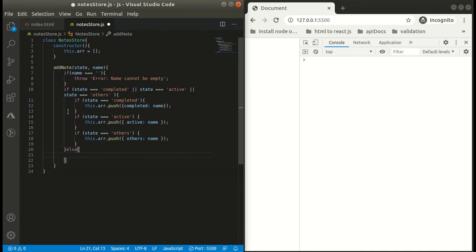In the else part we will simply throw an error, that is, invalid state and the name of the state.